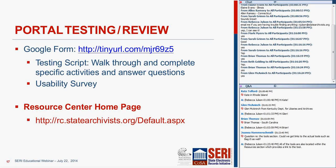The testing script walks you through a scenario, asks you many questions about did it work for you, did it not work, what did you do, and the usability survey asks questions about the look and feel and ease of use of the portal. And if you only want to do the usability survey, they're all on the same form, but it's the last page, so you could just click through. Some things are required fields. And when you are doing